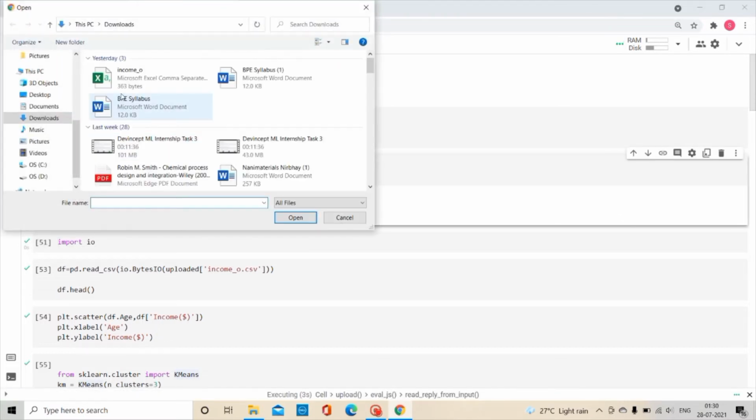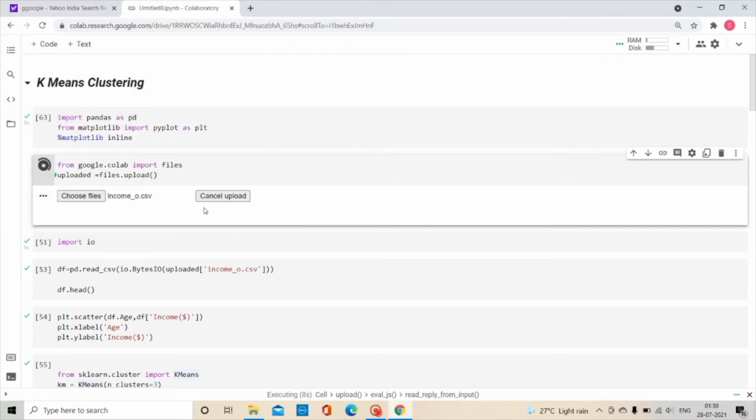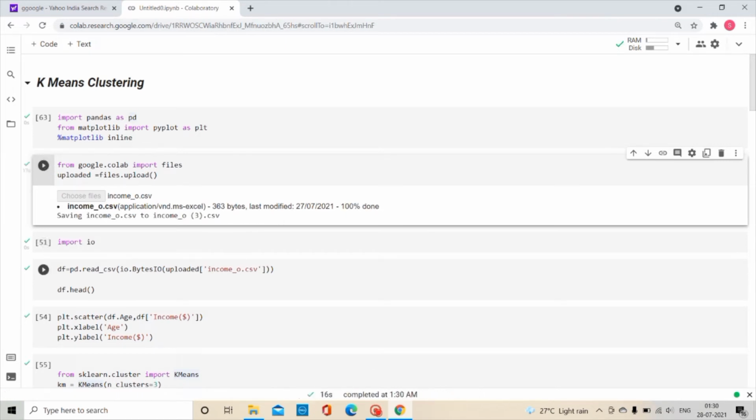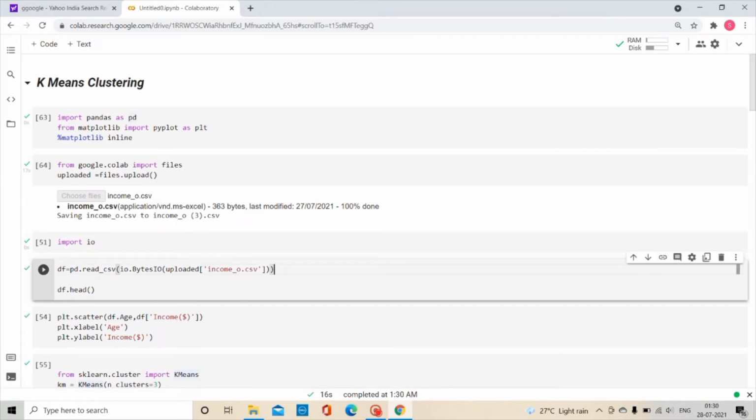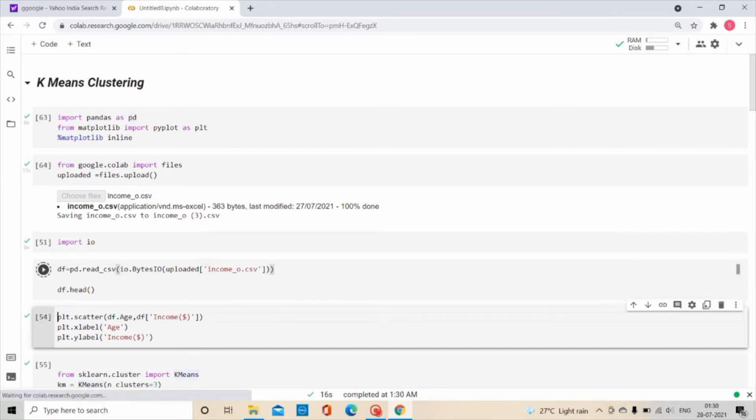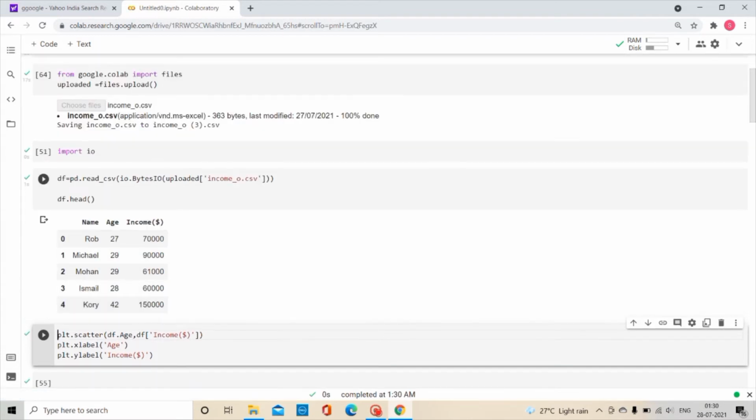In this we are going to choose our income.csv file. Our file has been uploaded, and now we are going to read our file into the data frame df. And df.head() will be used in order to get the first 5 rows of our data set.